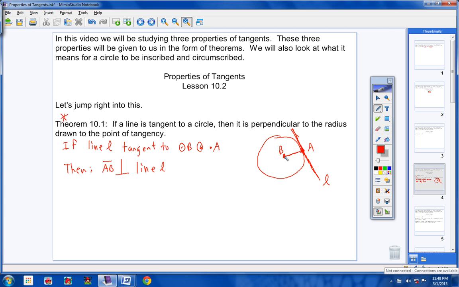Here's the center of a circle. Here's the radius being drawn. Well, we know that if I draw any other lines to line L, the line would first have to hit the circle and then go to the line. So any line that I draw other than BA will first have to hit the circle and then continue on to the line. The only line that I can draw